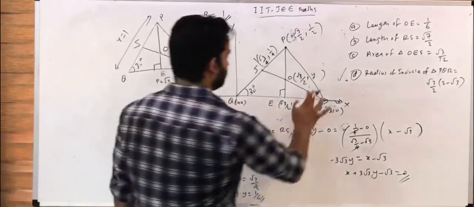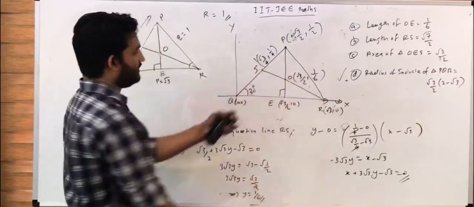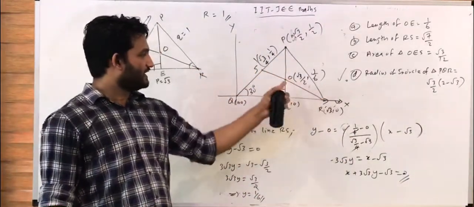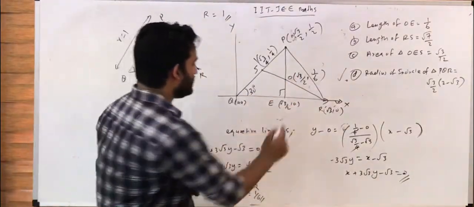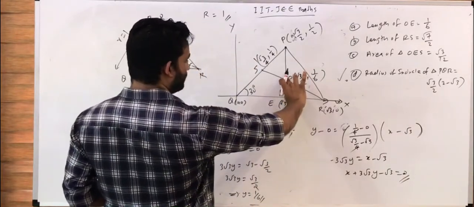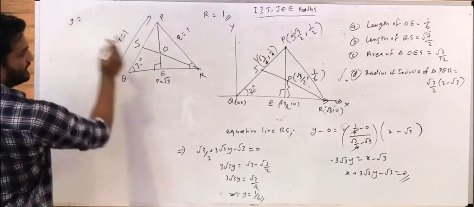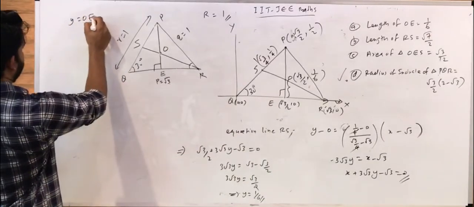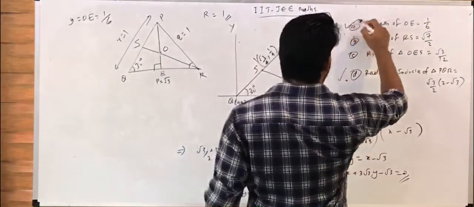So we got y equal to 1 by 6 by solving the equation of the line and substituting this point x in this equation. So y equal to 1 by 6 means the y coordinate of O, that is the length of OI, is 1 by 6. So option A is correct.